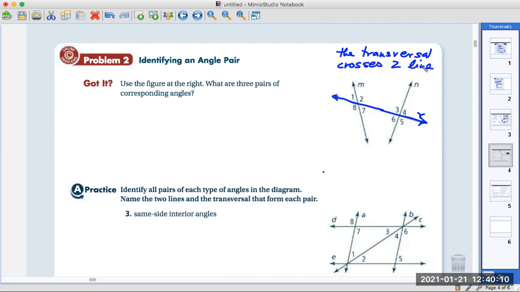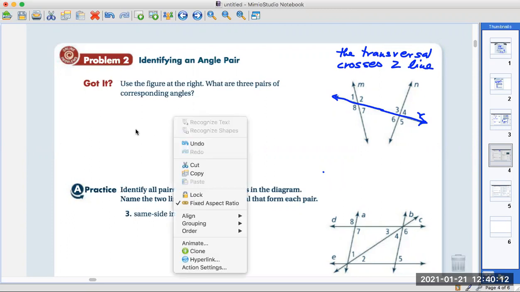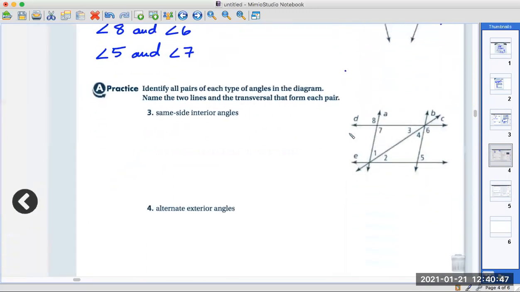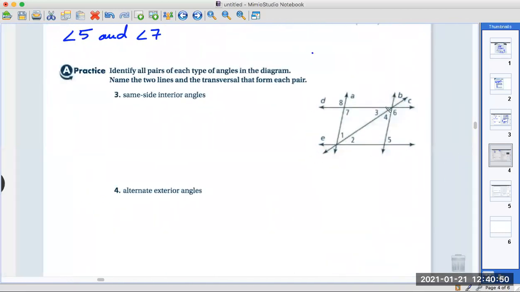So you can kind of identify it. So corresponding, I have written down angle 1 and 3. And then I have angle 8 and 6. And angle 5 and 7. And now this one is harder because they give you a very convoluted picture, meaning there's more